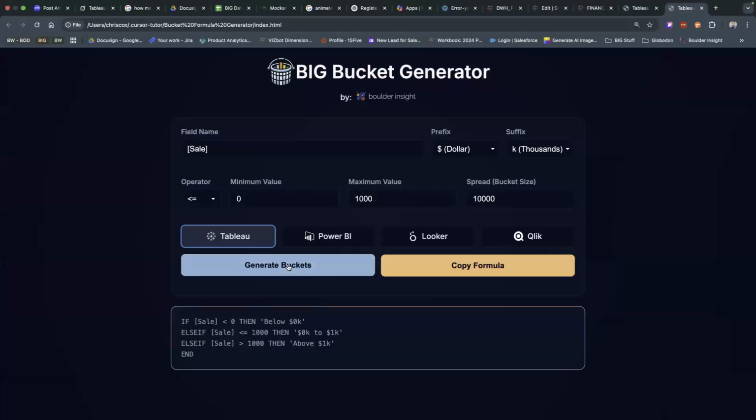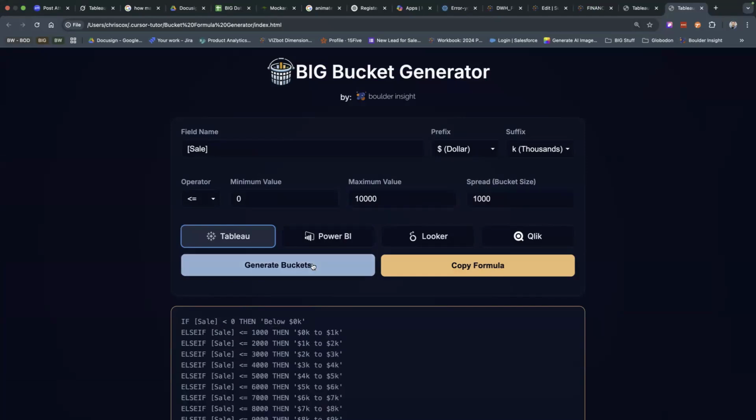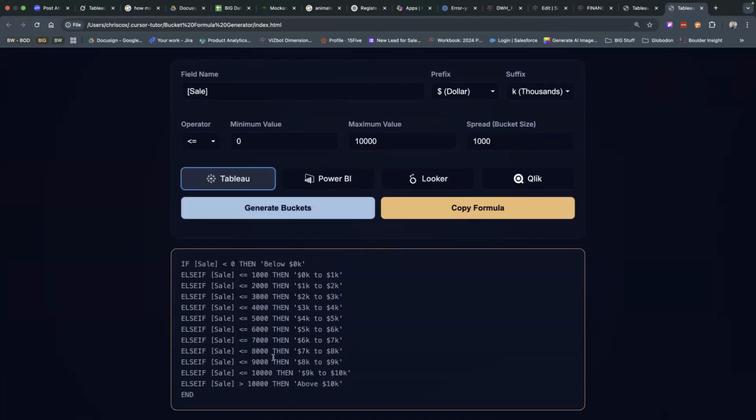And I want to generate that formula. Why is it not doing anything? Oh, that's my spread. My spread is 1,000, and change this one to 10,000. There we go. Okay, so here's my formula.